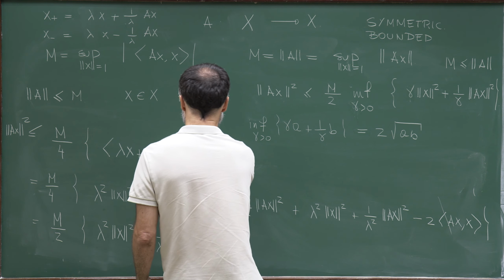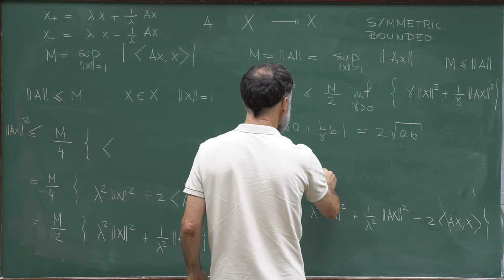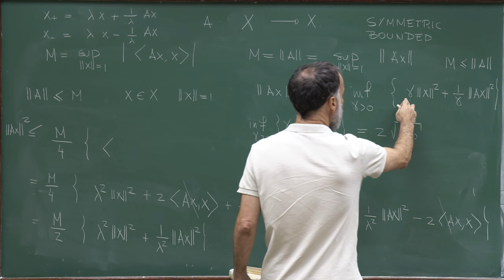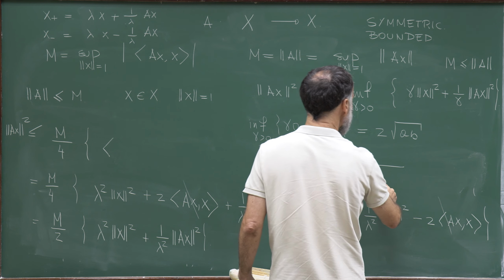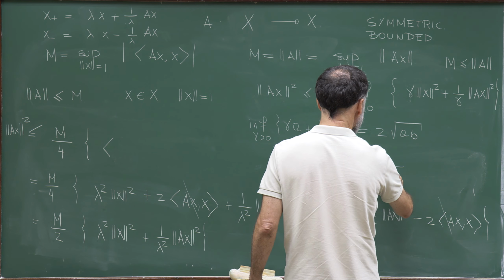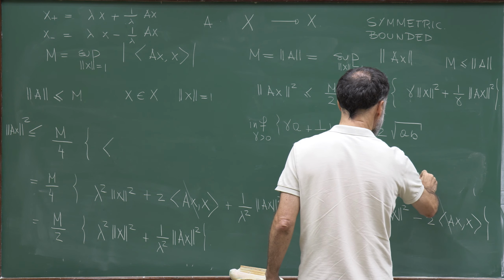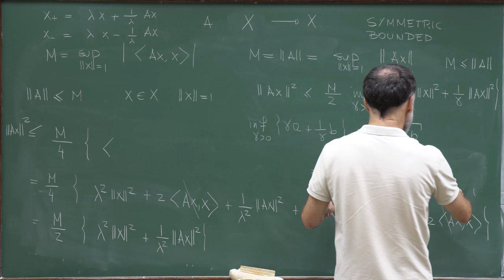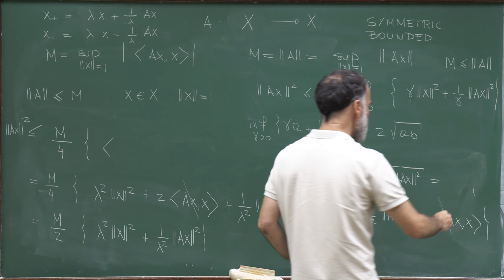And if I use this identity, what I get is that this is equal to m divided by 2, and then by optimizing that, I get 2 times the square root of x squared ax squared. And so you see that the 2 cancels with the 2. This gives me m